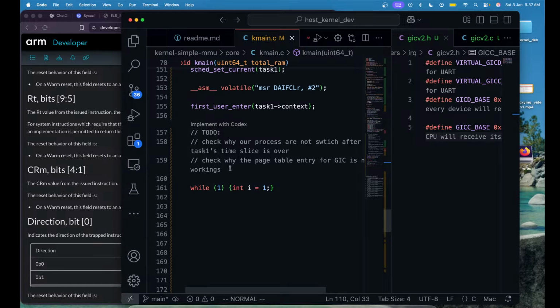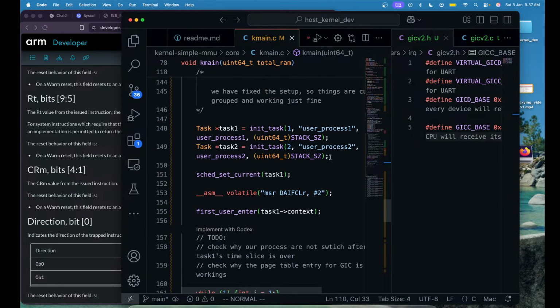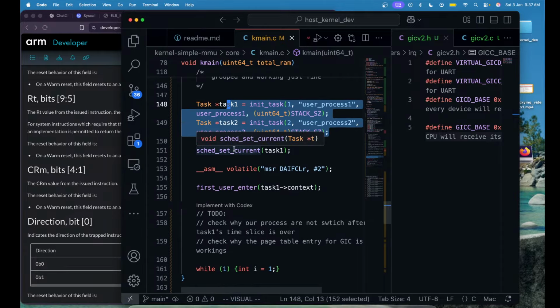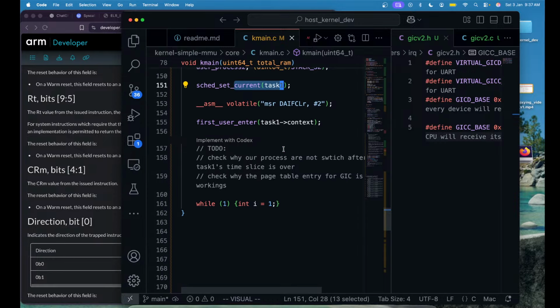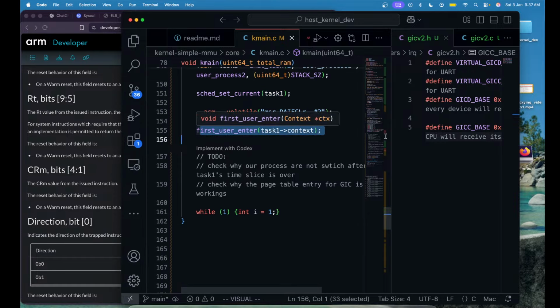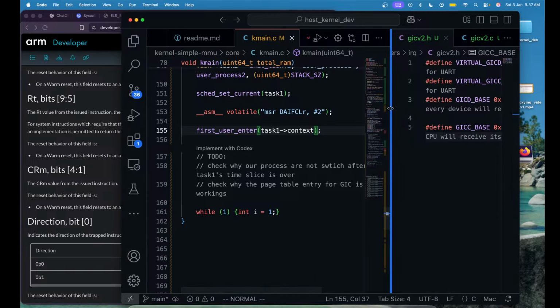There's one thing that I haven't explained last week, which is what exactly is the setup for the user programs here. So we have initialized two processes, and we have set process 1 as the current process in the scheduler, and we are jumping into the first task. That's all we do. As soon as we get into the first task, it is supposed to run for a certain time slice. Once the time slice is over, the scheduler,